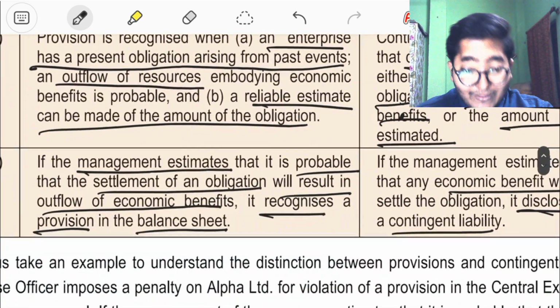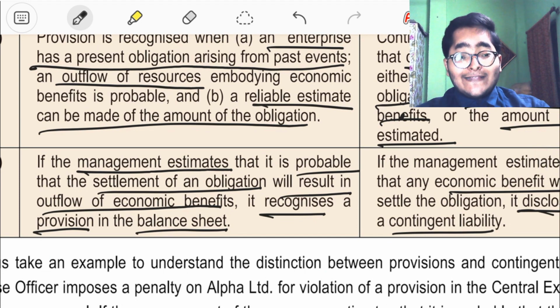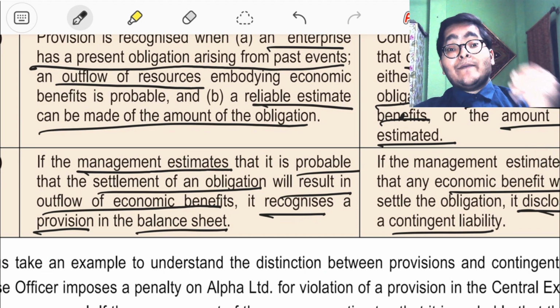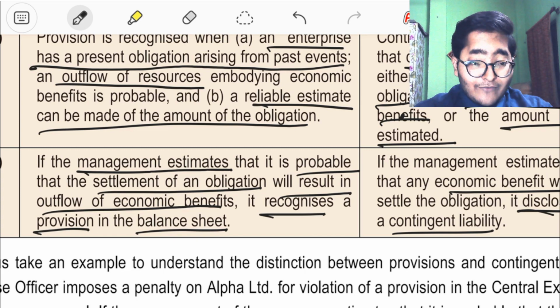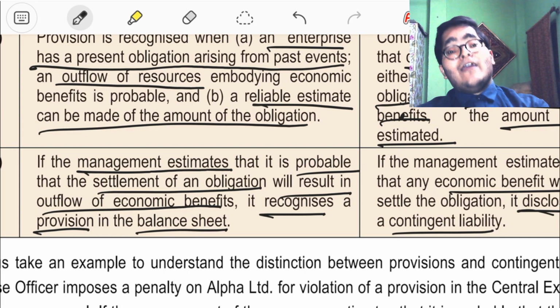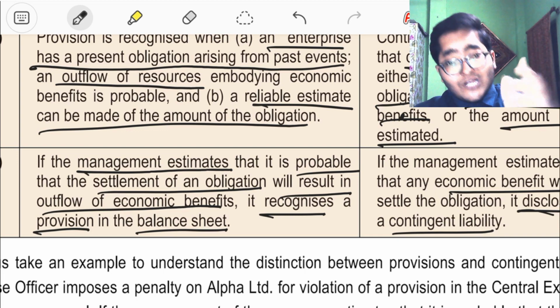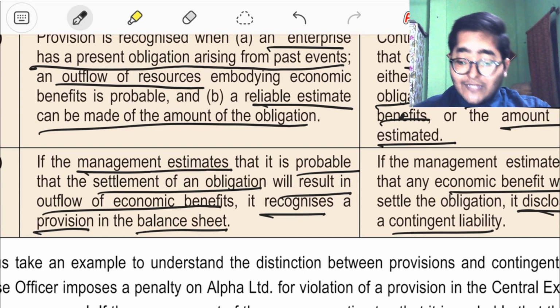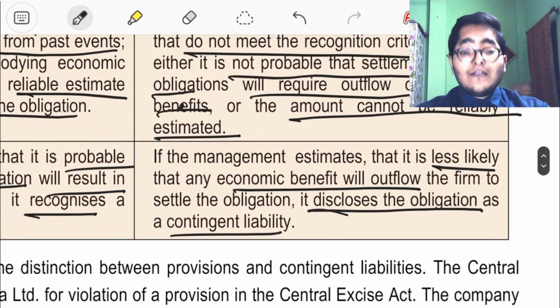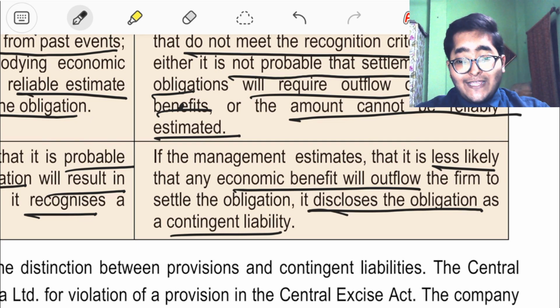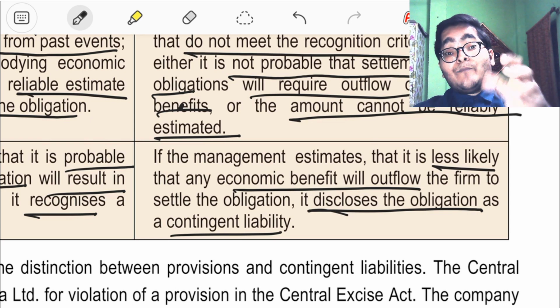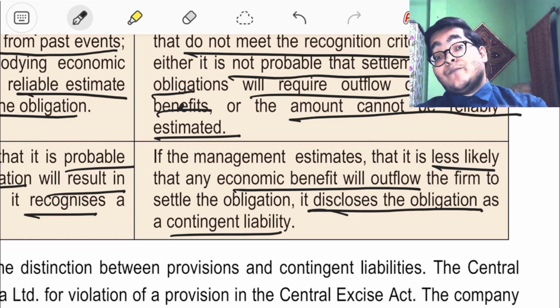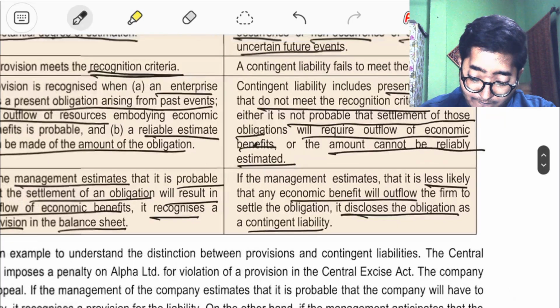लायबिलिटी बोलते हैं। नेक्स्ट, मैनेजमेंट अगर देखता है कि एक ऑब्लिगेशन के लिए एक अमाउंट को पे करना जरूरी है, आउटफ्लो ऑफ इकोनॉमिक रिसोर्सेज का आउटफ्लो होना एकदम श्योर है या फिर बहुत ज्यादा प्रोबेबल है, तब उसे हम प्रोविजन कहते हैं। जब उस ऑब्लिगेशन का प्रोबेबिलिटी है कि उस ऑब्लिगेशन की वजह से इकोनॉमिक बेनिफिट का आउटफ्लो होगा, तब उसे हम कंटीजेंट लायबिलिटी कहते हैं। जब प्रोबेबिलिटी कम होता है तब कंटीजेंट लायबिलिटी, जब प्रोबेबिलिटी ज्यादा होता है तब प्रोविजन।